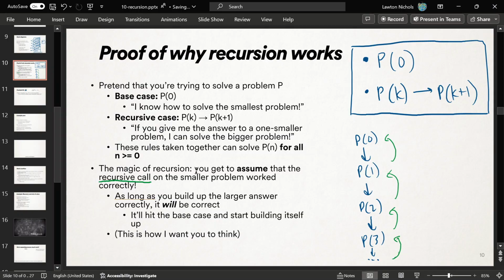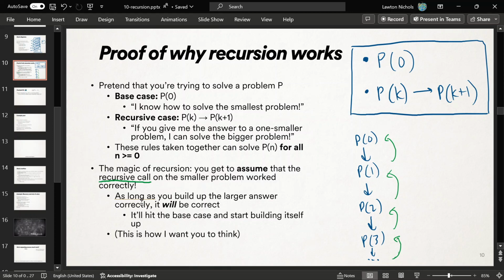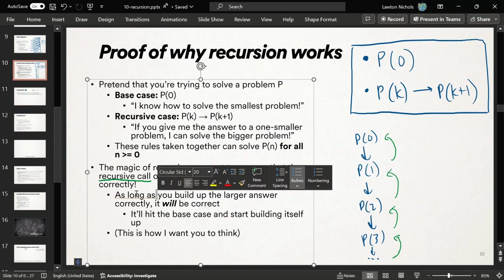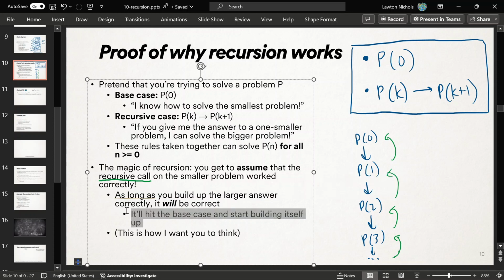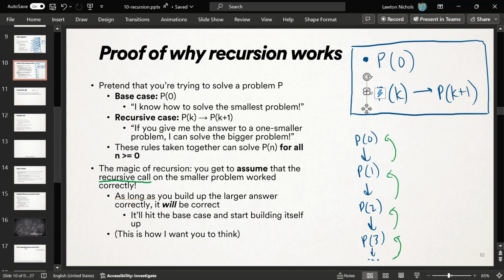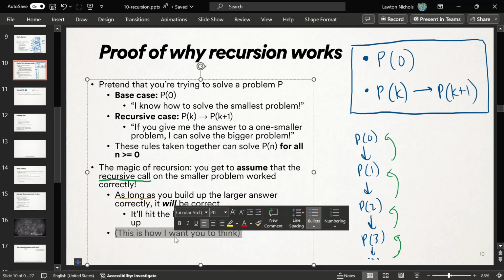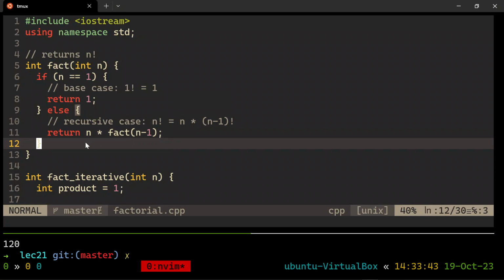All right? You get to actually just assume that worked when you're writing an answer that's recursive. You can just go and assume, if you're making a smaller call, assume you got the right answer back, right? And it will be correct. You will have gotten the right answer back as long as you build up the larger answer correctly and give the correct base case, all right? Because it will hit that base case and start building itself up with your recursive rule, right? You will eventually get that right answer. The recursive call will have worked, all right? I want you to think like that if you can. It's magical. So really, we didn't even have to do anything. We just needed to notice,